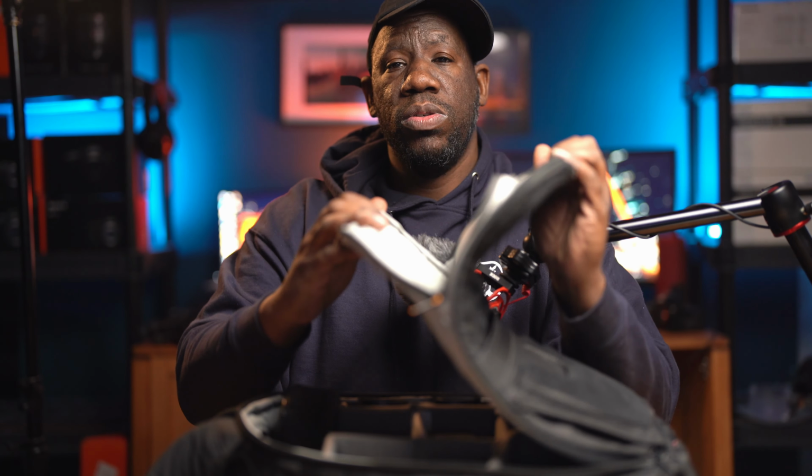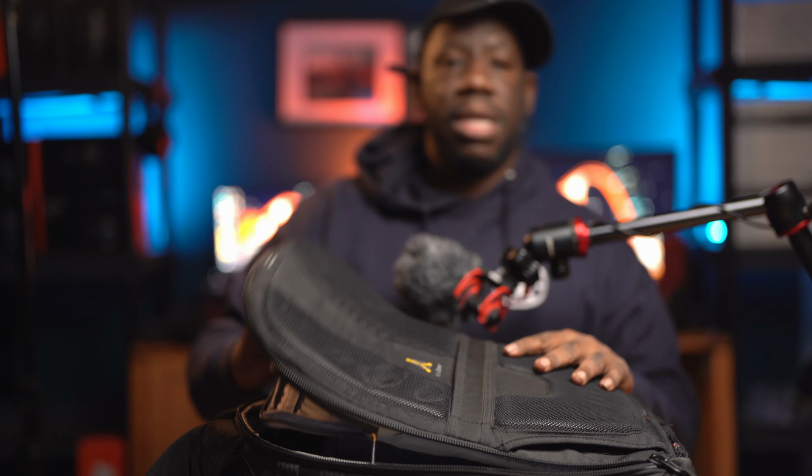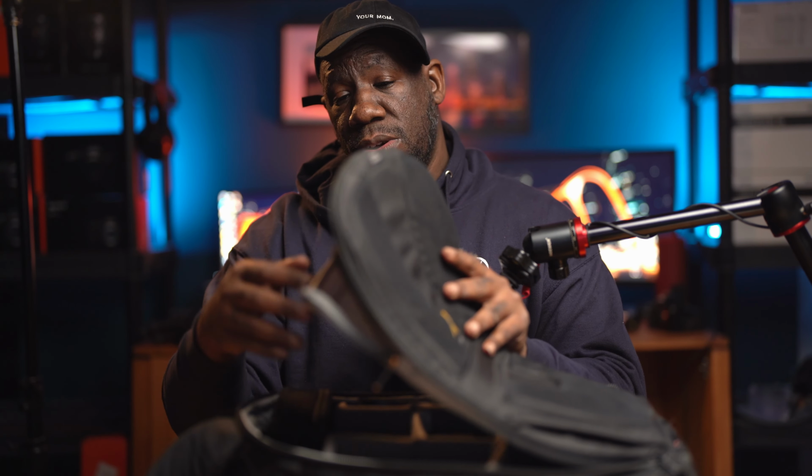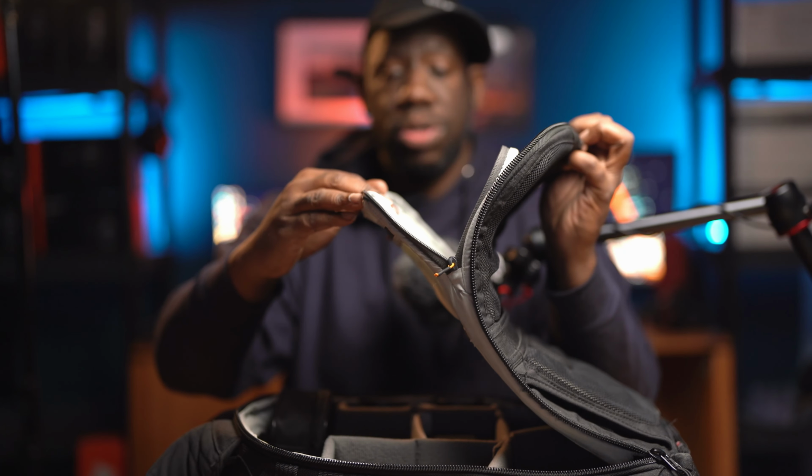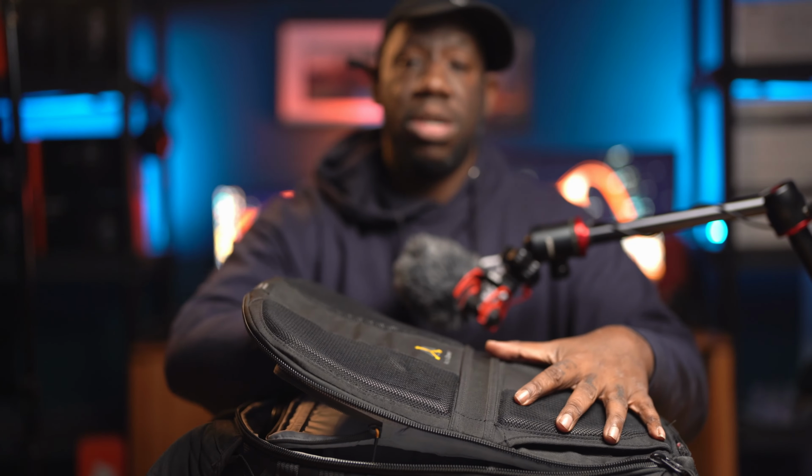And then this holds my laptop, which is a 17-inch Dell XPS. It holds it perfectly. I have no complaints. You can see that there's a zipper here. The zipper actually works to zip around the laptop. So that's one of the things I love about this bag, is that it just holds a ton of stuff,